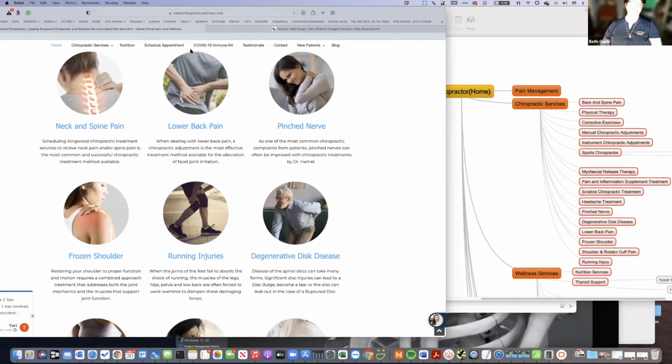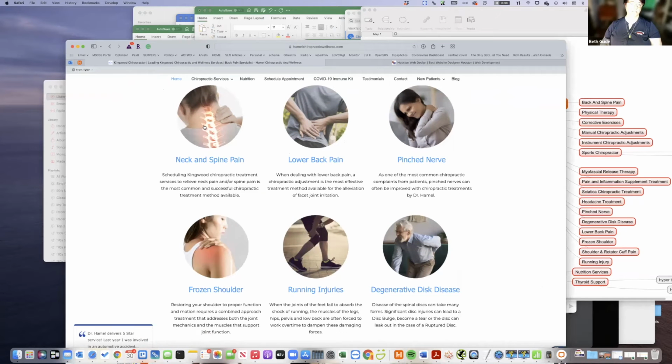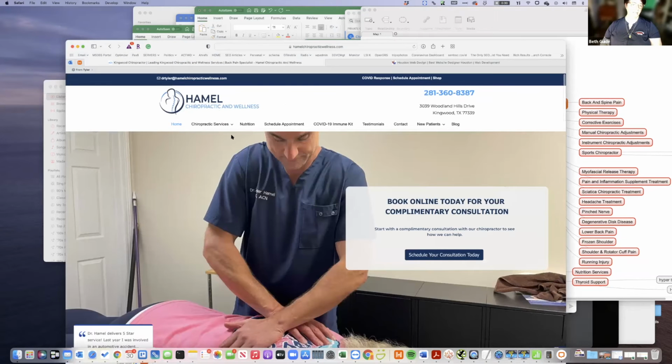The other place that they're going to live is up here in the menu. And remember those categories I told you about? The categories are going to go to the left of the services. And you're going to put a drop down menu in that matches the categories at the top, from Google My Business.